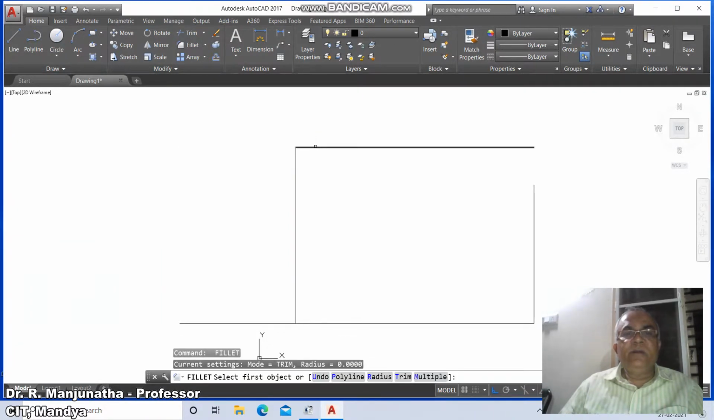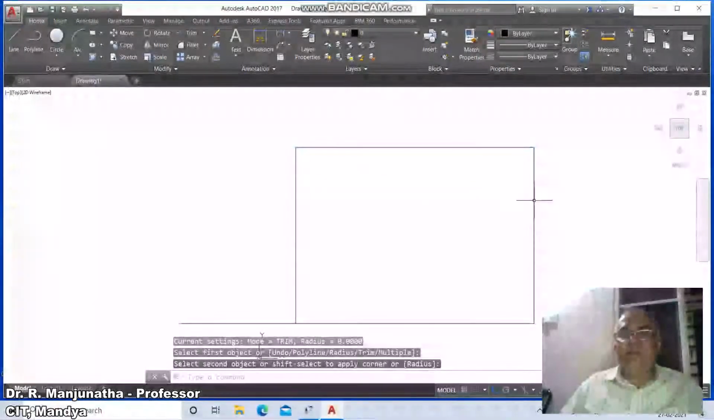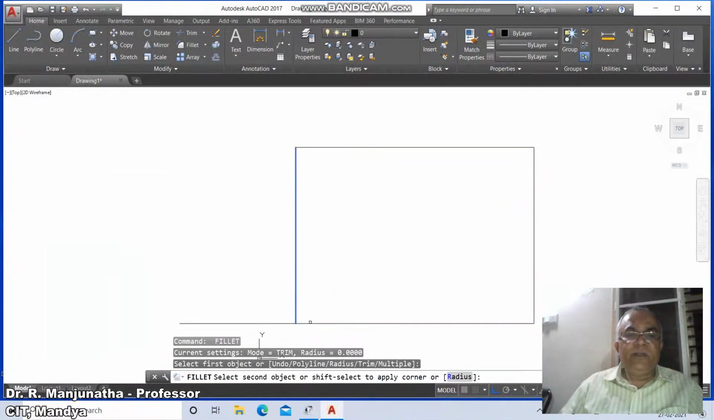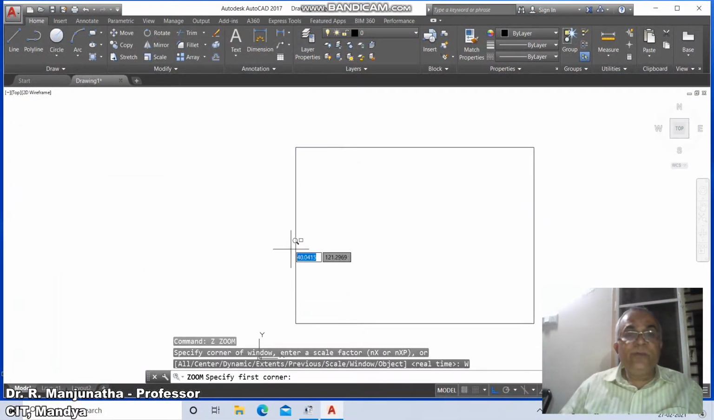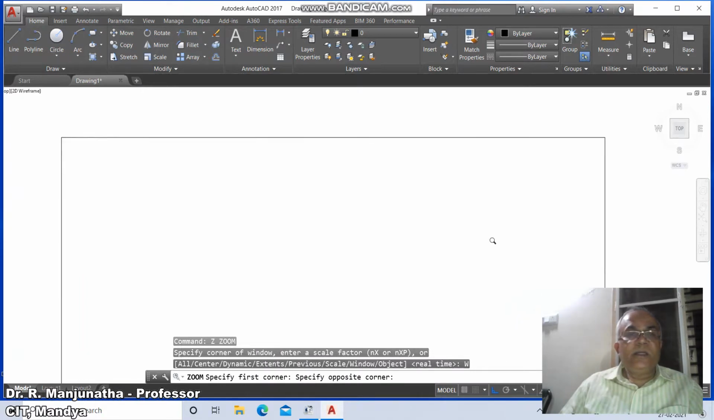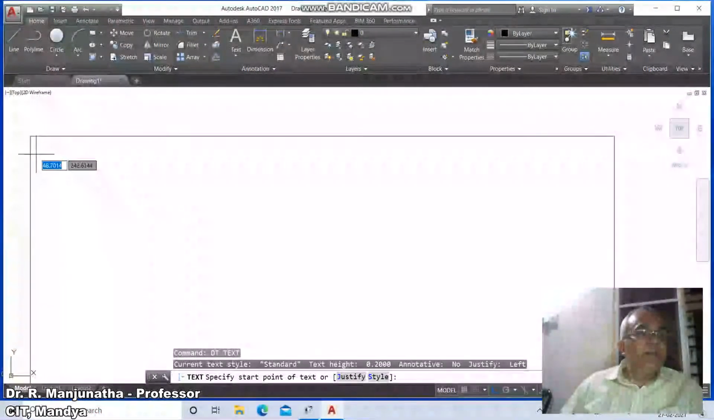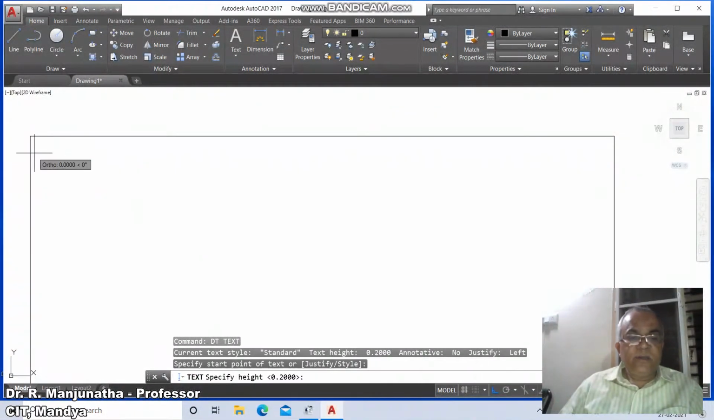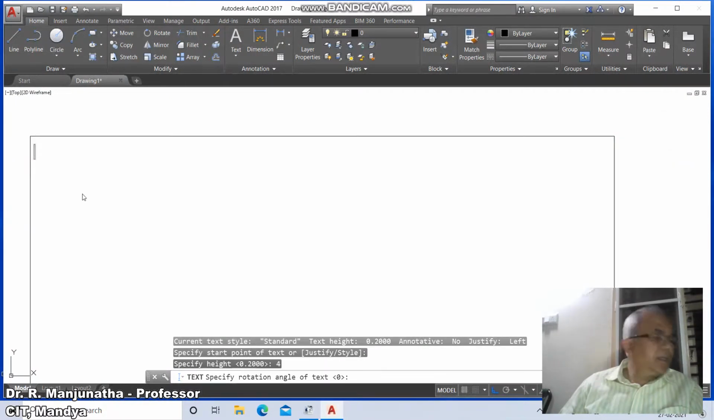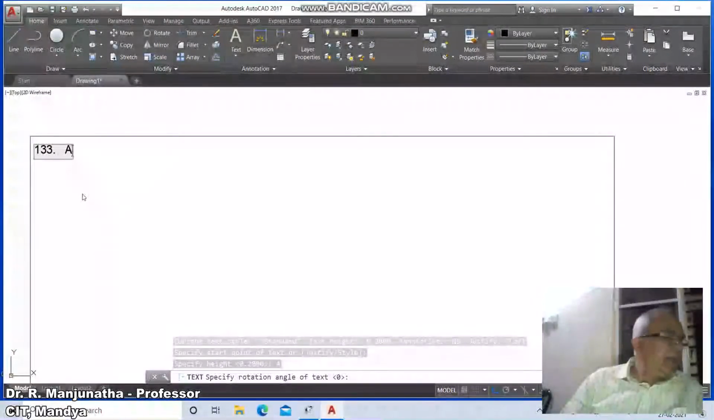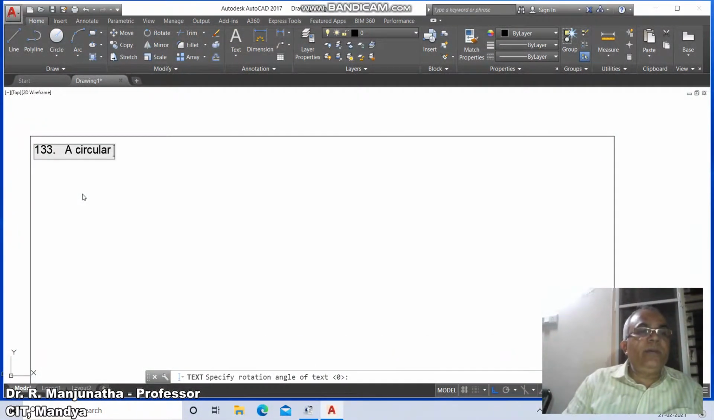line, fillet between this line and this line, similarly fillet between these two, then go to zoom window, select this and take the text, specify the start point of the text, take the height as 4, rotation angle as 0, type the problem number 133, then go to a circular lamina of 30 mm diameter